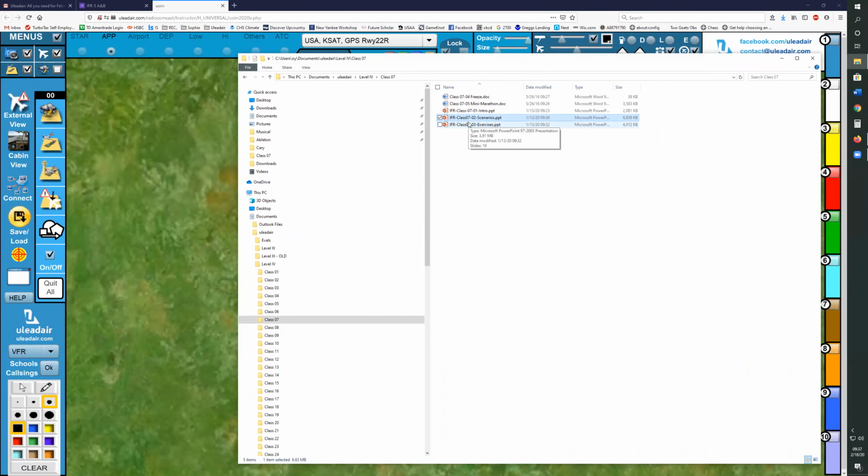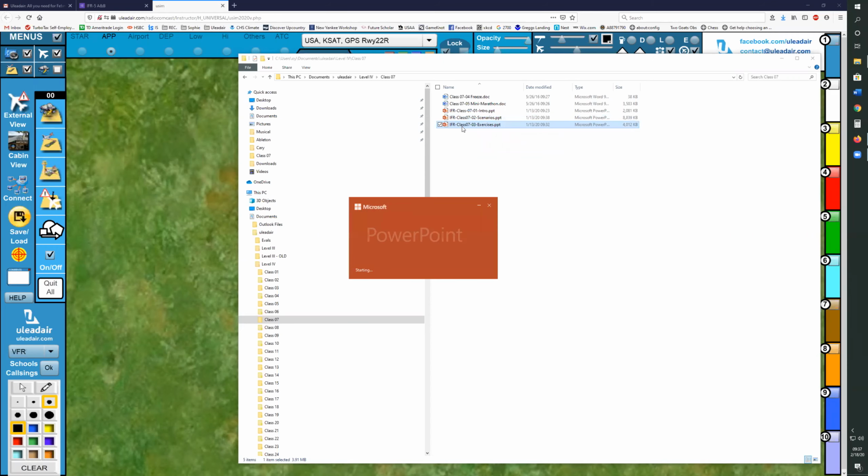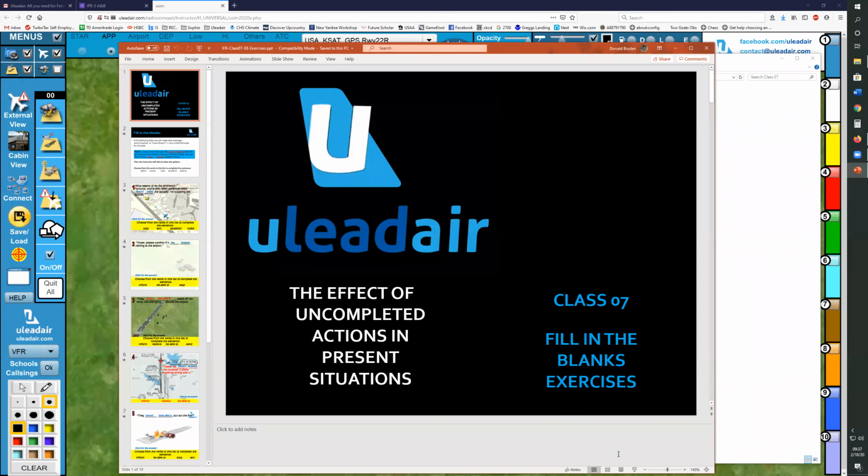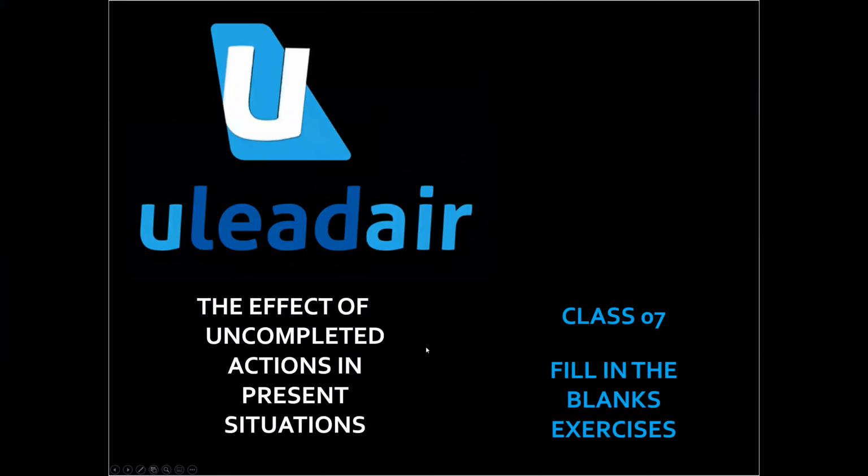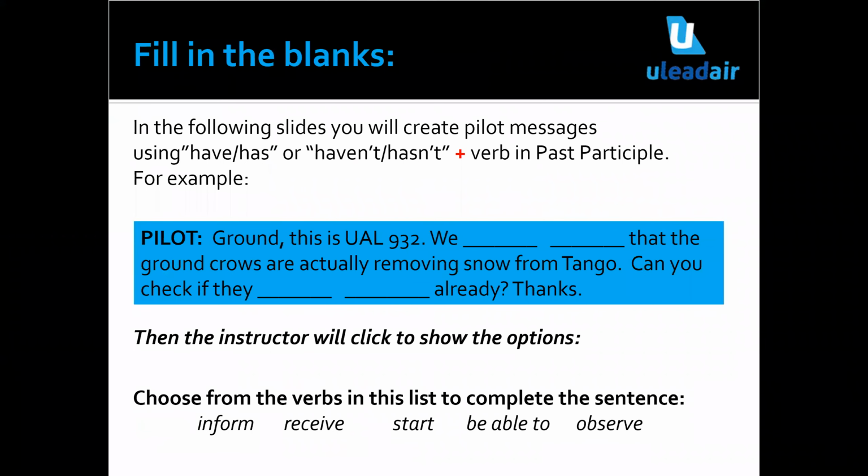Which makes the last exercise a little tougher. We're going to make you come up with some of these statements that you might hear. Some more fill in the blanks. So, again, think of it as like you're not sure, it's not completed, you're not exactly sure what's going on, so you're speculating necessarily. It's not always the positive, we are doing this, but we are still doing this, or we haven't finished this, or something like that.